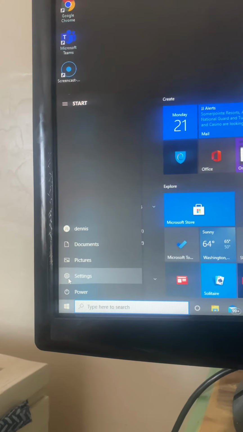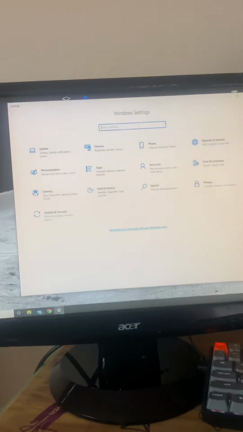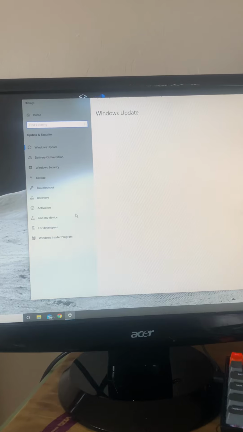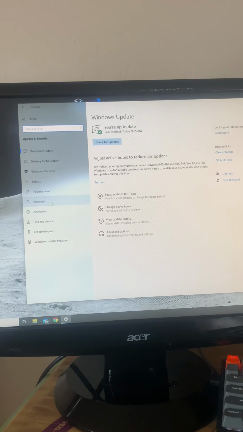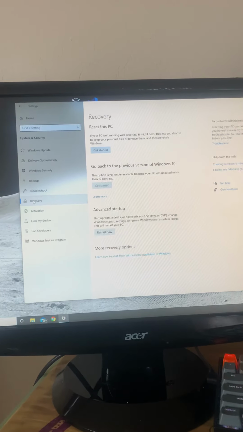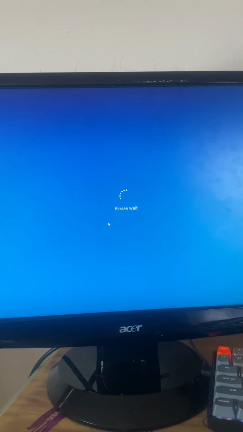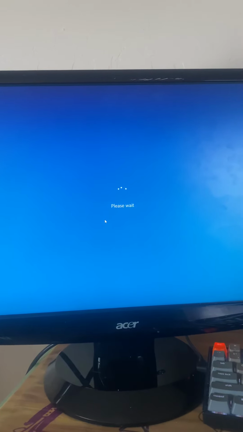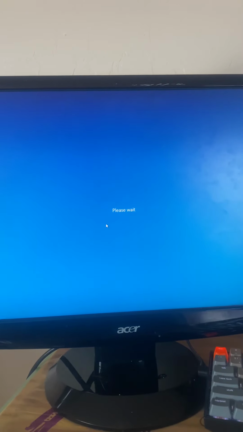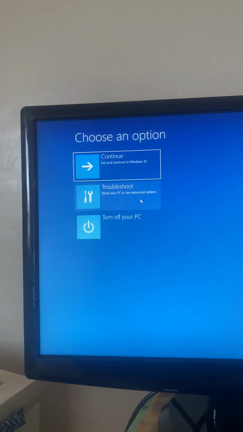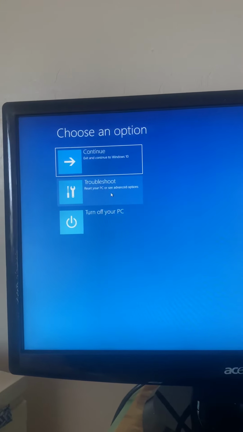You go to Settings, open Settings. In Settings, Update and Security. In Update and Security, go to Recovery. Once in Recovery, hit Restart Now. Once you get this menu, you want to troubleshoot your PC,